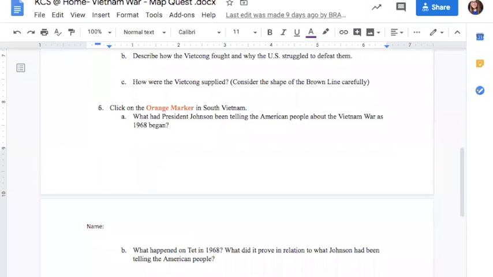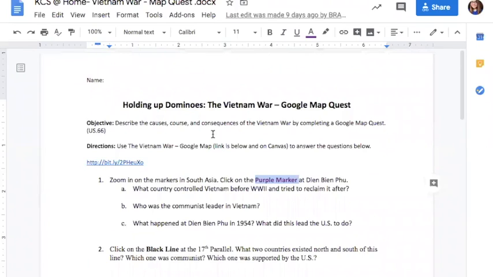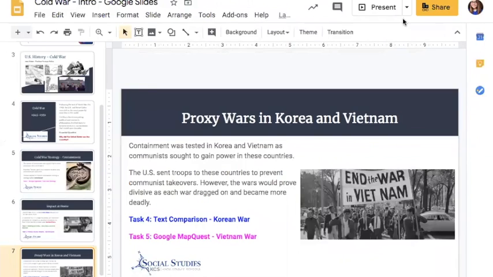This map is aimed to take you throughout the causes, the course, and the consequences of the Vietnam War. So you will be able to explore how it started, what happened during it, and what impact this proxy war leaves throughout the Cold War. After you explore the proxy wars,